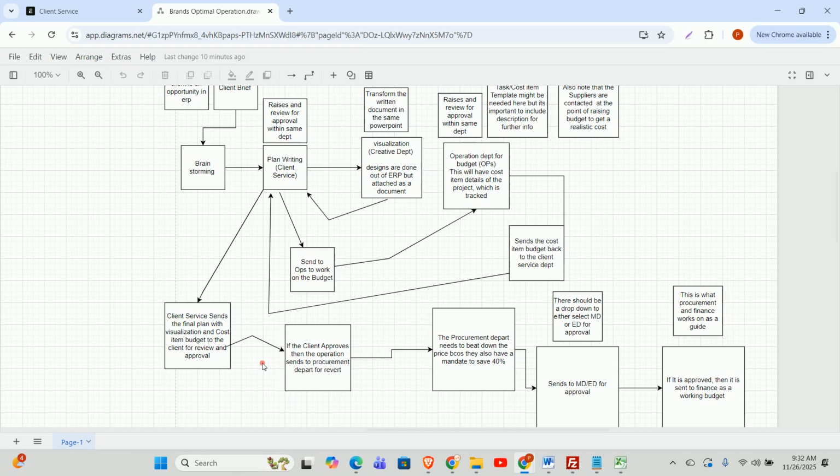The client looks at it, then approves it or makes a kind of comment on it. Then they send it back to the client service, indicating whether they approve it or not. Then the client service forwards it down to the procurement department. That is, if it has been finalized, that is, approved, or if there is any kind of amendment that needs to be done, the client service looks at that, then forwards it down to the procurement